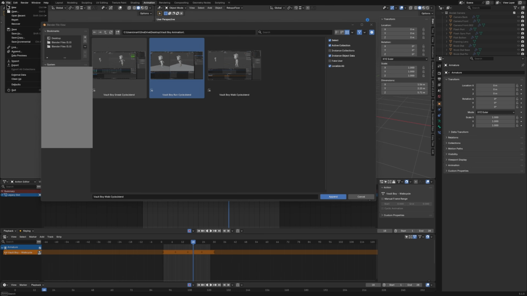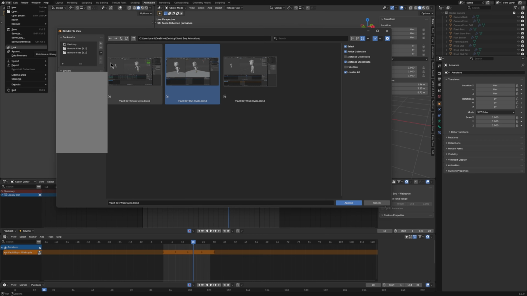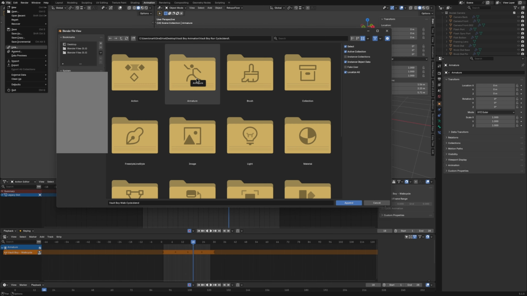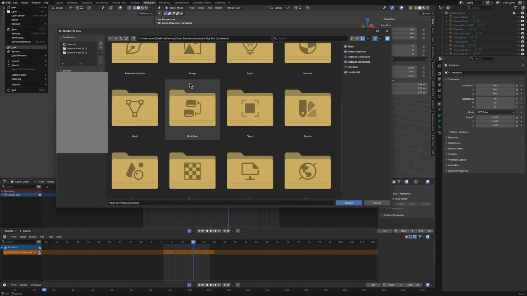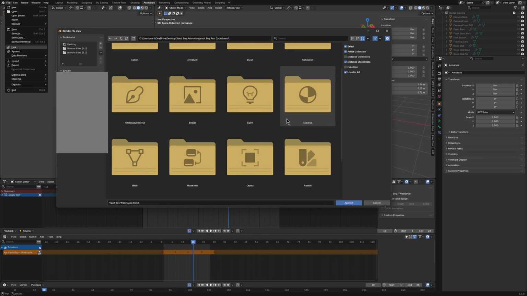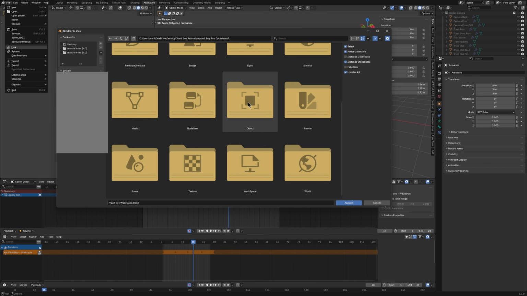Once you select Append and you see this window pop up, select the run cycle Blender file. The Blender file is going to show all the data that's saved inside of this Blender project, including armature, the materials you're using, the lightings, and also more here. So you can append the entire scene